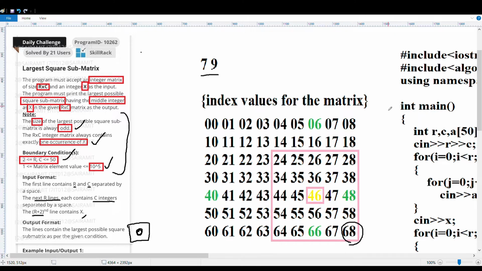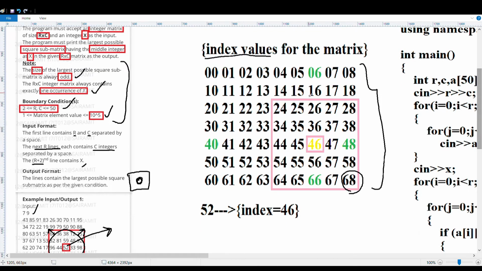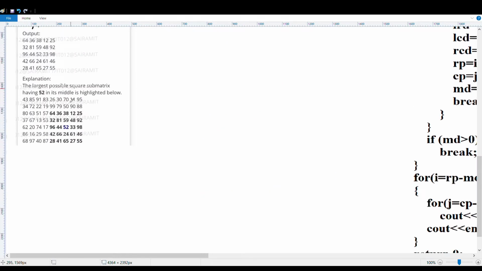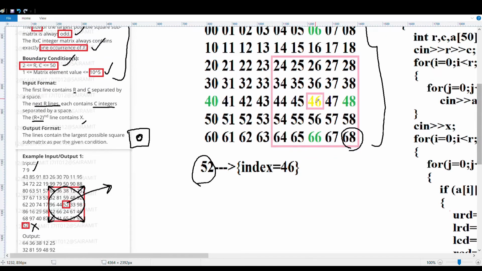The entire matrix is shown, with only the index values given below. With the index values we are going to get a clear picture. Now you find where 52 is, and we already found it to be here. So 46 is the index, and 46 is highlighted.